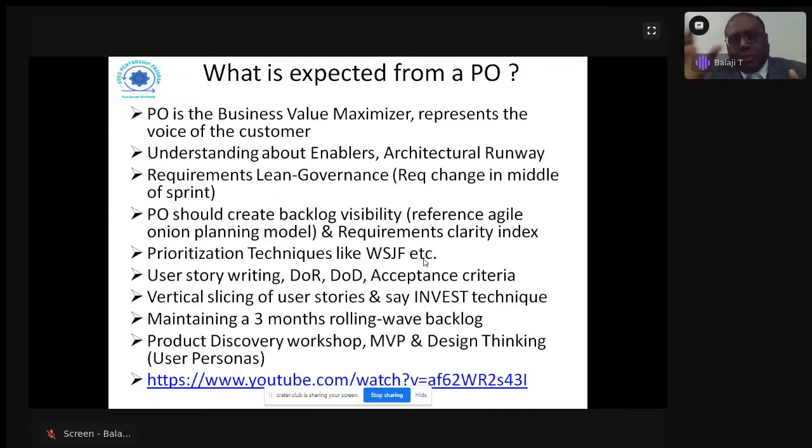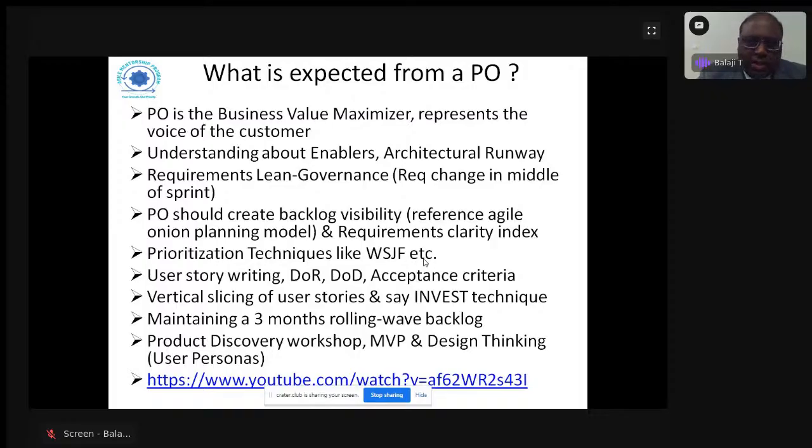But then the other school of thought says, when there is a continuous churn rate in the requirements in the middle of the iteration, it is going to disrupt the goal of the iteration. The sprint or iteration, you can actually interchange the words. Okay, so whenever there is a requirement change in the middle of the iteration, how am I going to entertain the requirement change? For that, you need to have a lean governance, right? So these are also the things which a product owner needs to know, and it is a responsibility of a